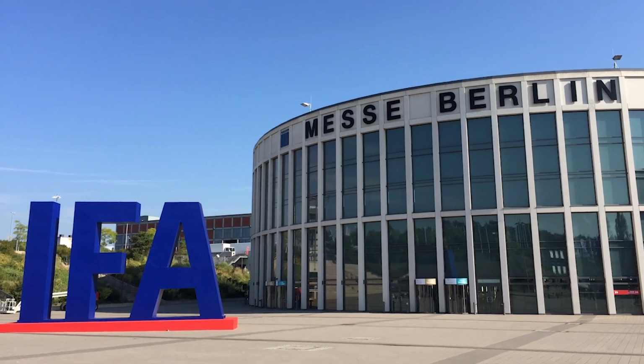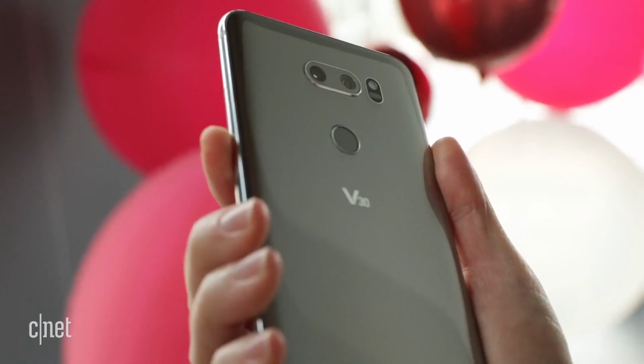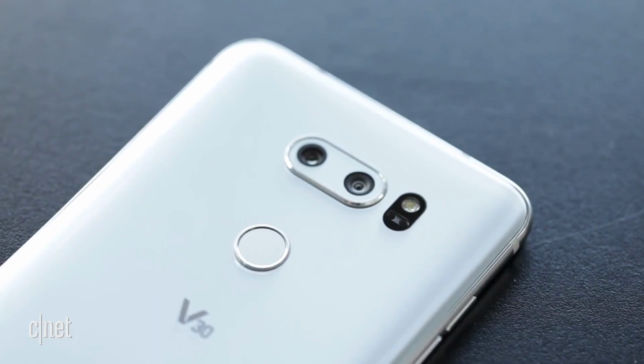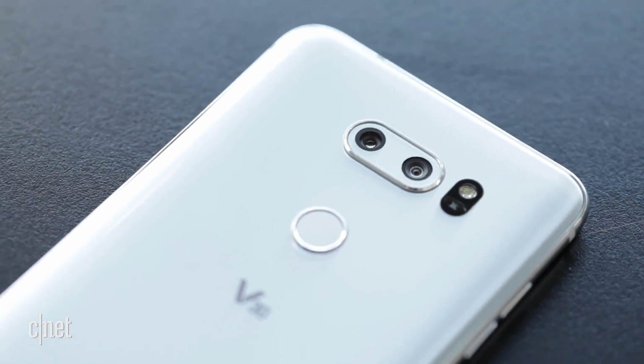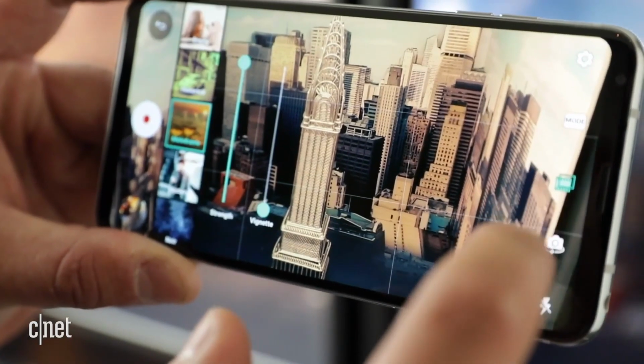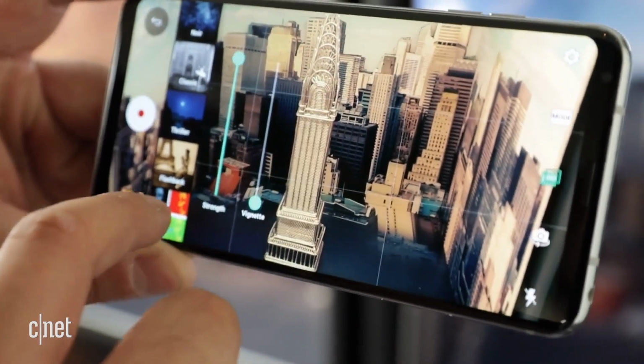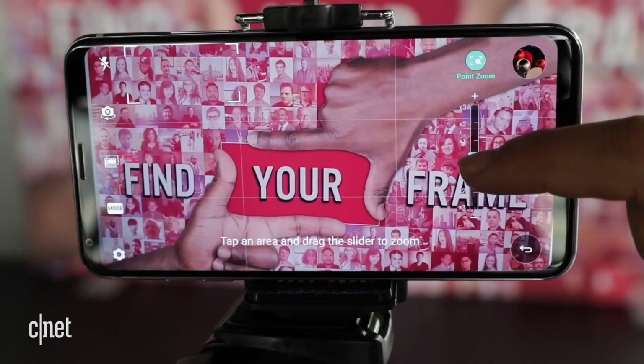We've trawled the halls of this year's IFA Tech Showcase in Berlin, and there are 5 things that have really stood out to me. First up, the LG V30. This is a big screen phone, but it's got a tiny bezel, but it's really the camera where LG has done its best work. This camera has now got an f1.6 aperture, so it can take really great low light shots, and there's a whole load of video filters and colors to play around with, which could be a lot